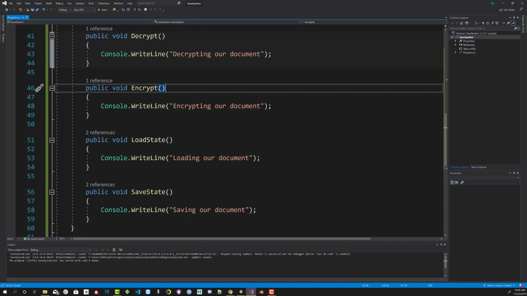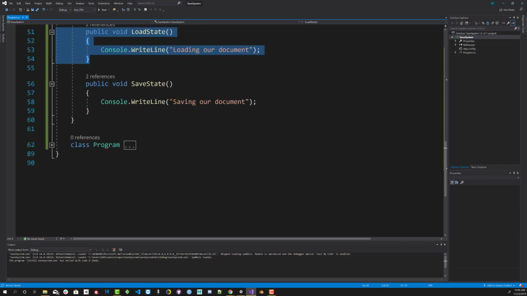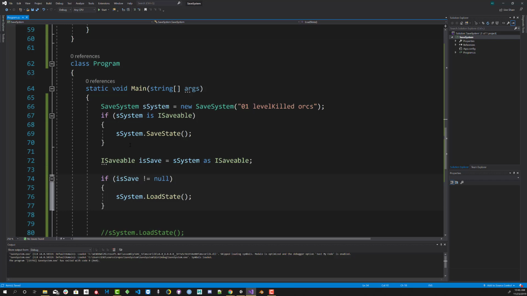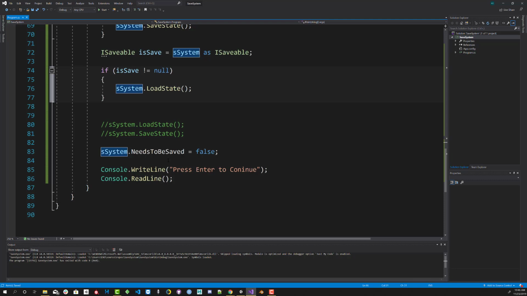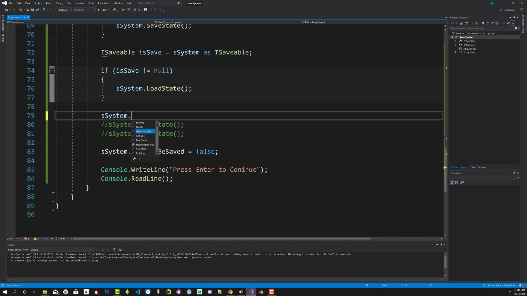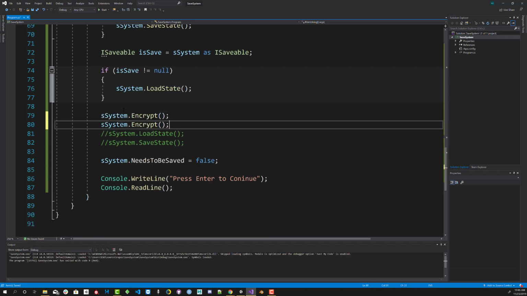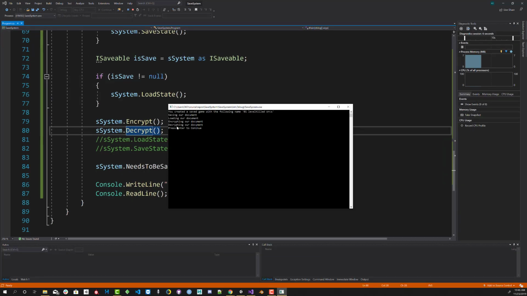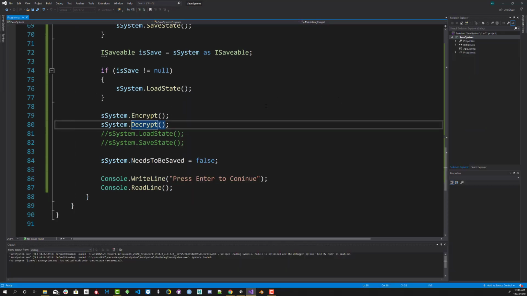So here's where the fun comes, where we start to implement, well, they're implementing here, but we start to run and check out our code, right? So if I grab my S system here, and I go down here where we start to call those things, I can do S system here dot, and say we're going to encrypt our document, and then I'm going to hit Control D here, and I want to decrypt my document. So let's go ahead and hit period and then grab decrypt. Now when I hit F5, you can see we get encrypting our document and decrypting our document. Alright,